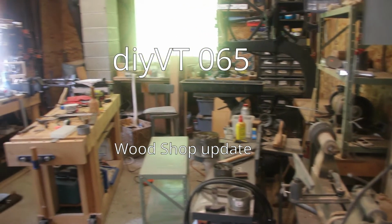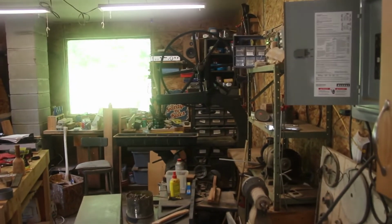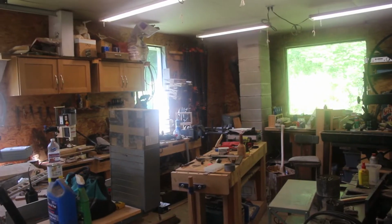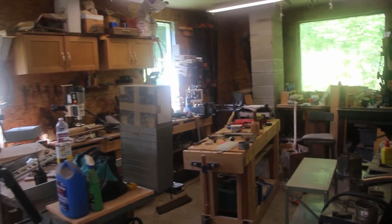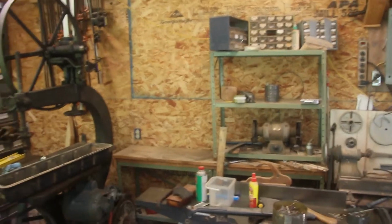So, as you can see, my shop is a bit messy. Part of the reason is I got the new giant bandsaw back there, but that's not the only reason. Really, I need some reorganization or a bigger shop. This wall has never been